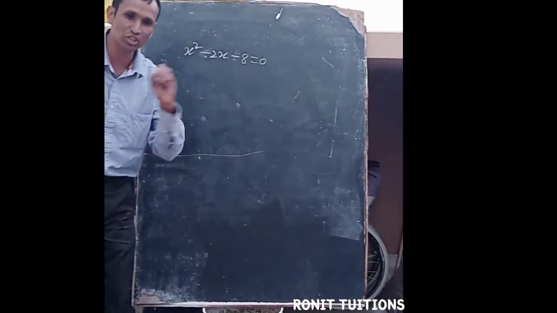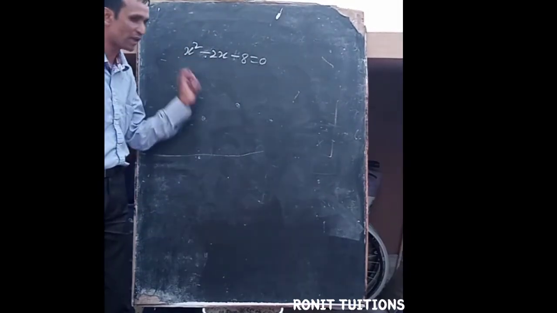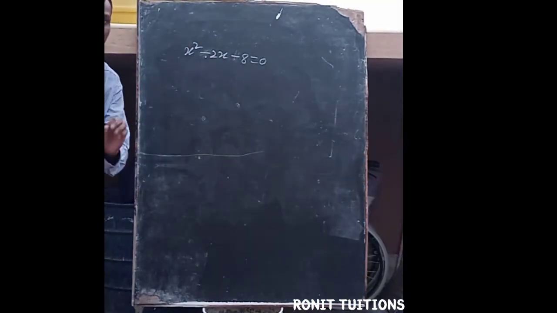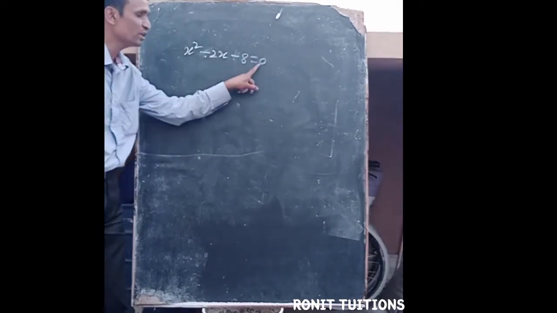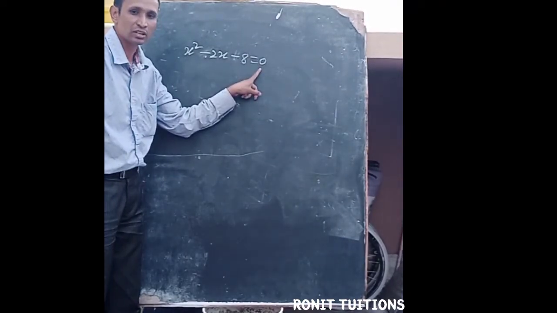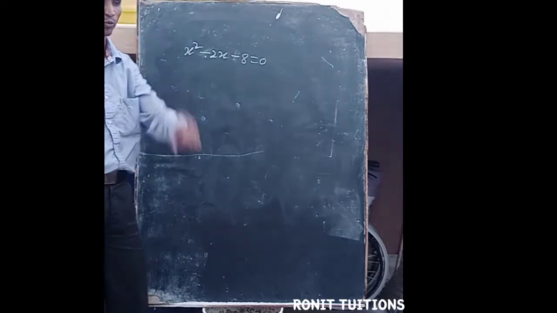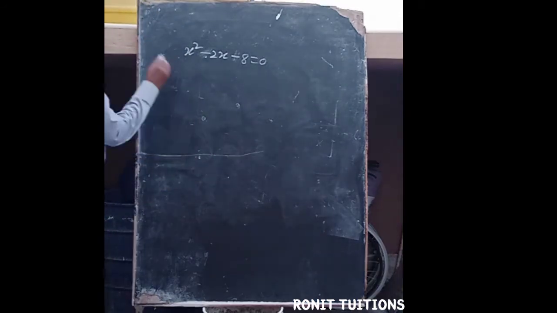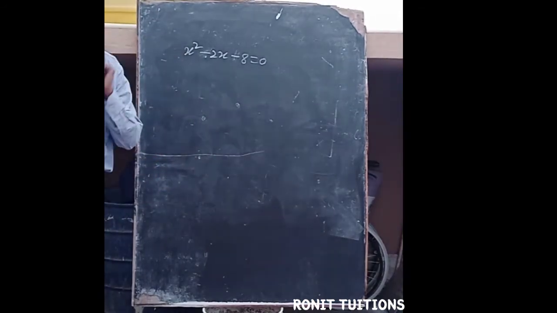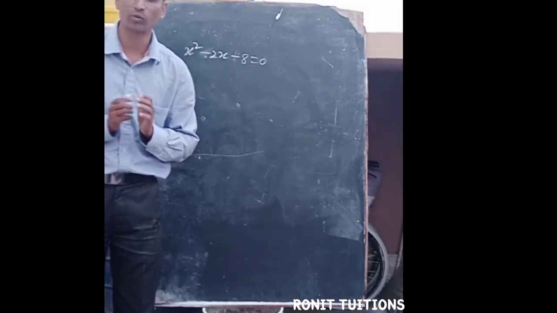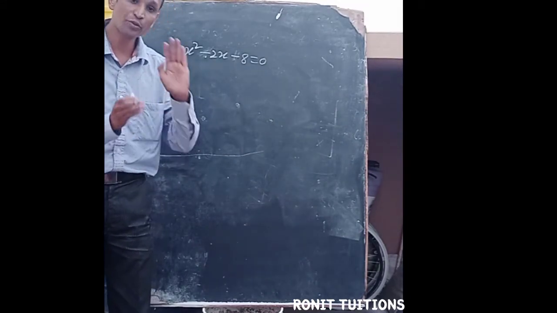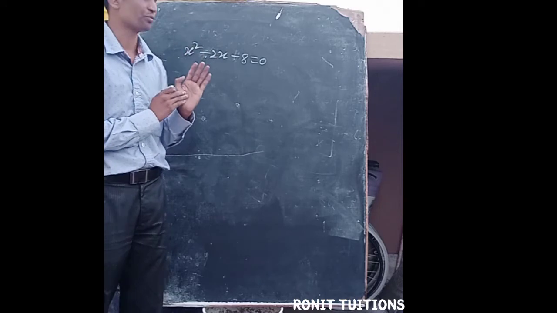First we have to find the answer, that is, the zeros. What should we substitute for x? The answer should come 0, so that it is called the zero of the polynomial. Now we are finding it according to the 9th standard method, the splitting method, because we also have to verify the relationship.